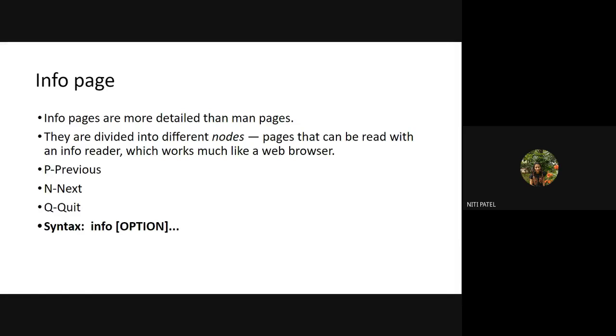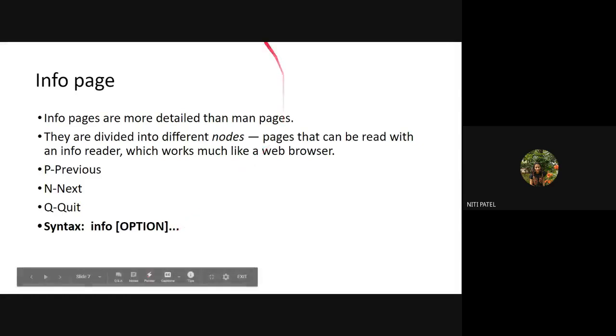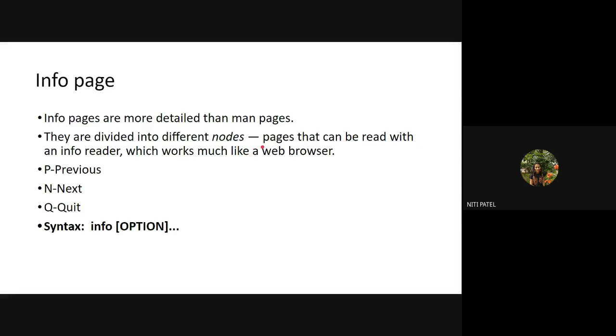That's it. But if I want to know everything in detail, I will make use of the info page. Clear? So info pages are more detailed than the man page. They are divided into different nodes, pages that can be read with an info reader, which works much like a web browser. Now every one of us knows what a web browser is. It contains different types of web pages.